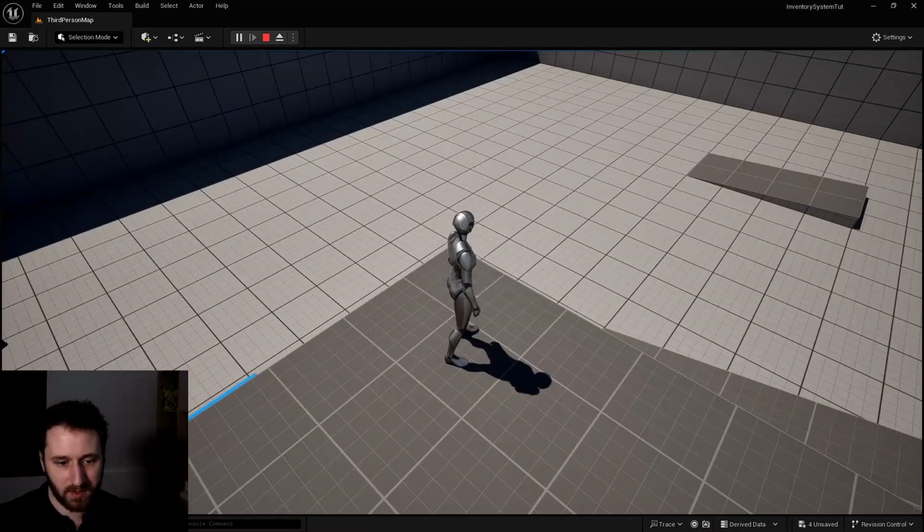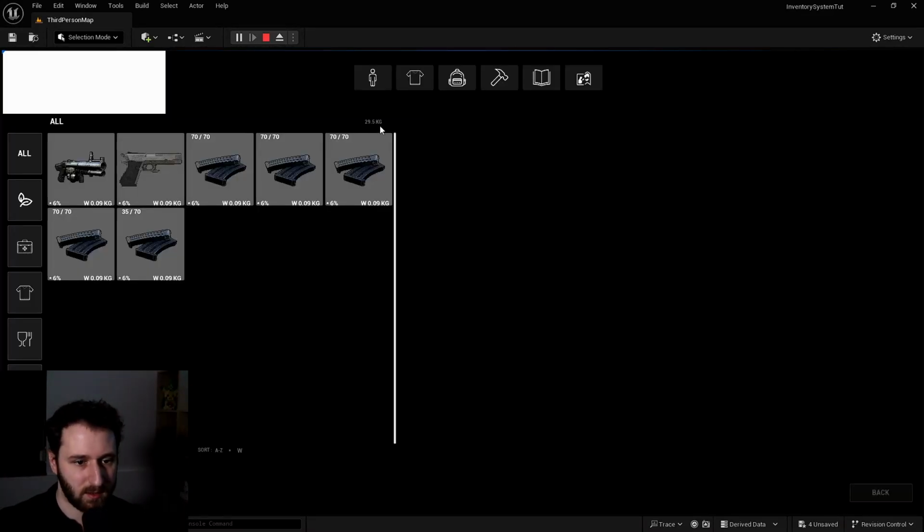So we're getting everything. We open, we have 29.5. And if I go into weapon, you can see that we have 29.5. So it's working, perfect. So we're gonna stop here. We made the filter, we made the optimization. We will do the UI in here for the next video. And the UI for here, when we will click on one item, we will do it on another one. So I'm gonna split it up.